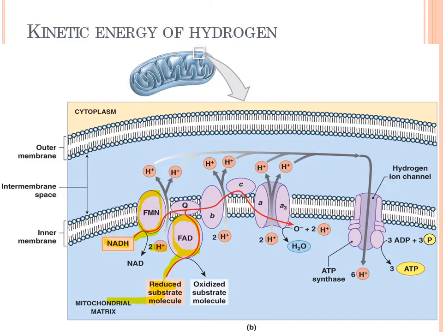And every time an electron moves from one protein to the next protein, that potential energy that gets released drives these hydrogen ions out of the matrix through the inner membrane into the intermembrane space. So you can see here we have hydrogen ions getting pumped out into the intermembrane space. And here, this is a channel protein, so the hydrogen ions are coming out. So we're making this huge positive charge up in that intermembrane space, and in comparison, we are negatively charged now inside the matrix.